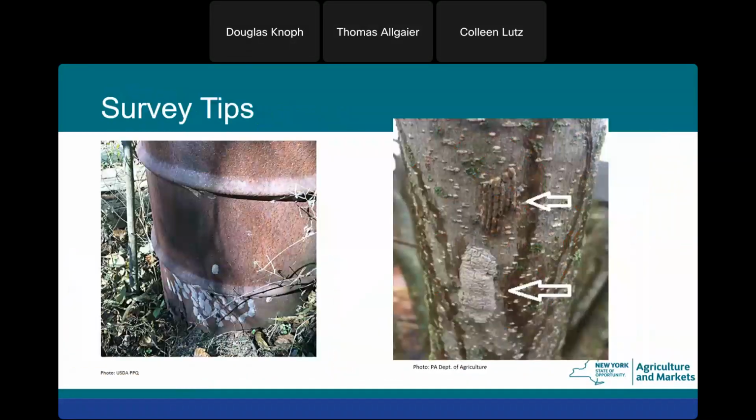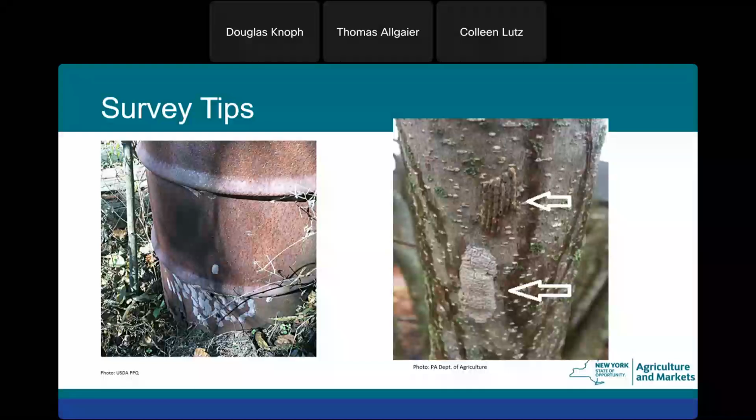Next page, please. As I mentioned, they'll congregate egg masses. This barrel has two ribs. Underneath those ribs, there's multiple egg masses, and then once those areas are full, it kind of spills over onto the flat side of the barrel. Again, they're attracted to rusty metal and protected areas. On this birch tree, I'm guessing it's black birch. It could be something else, but the bark looks very much like black birch. You can see an egg mass on top that blends in really, really well with those lenticels, and then also the covered egg mass on the bottom that stands out a little bit because of the coloring contrast.